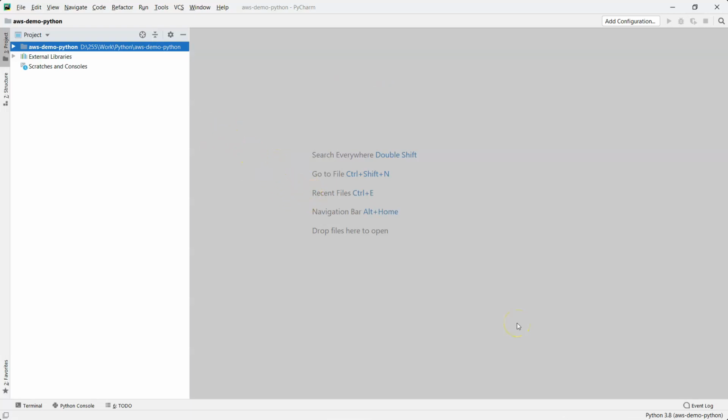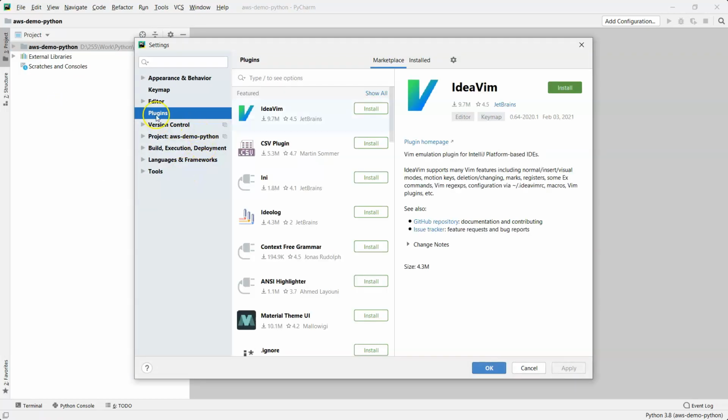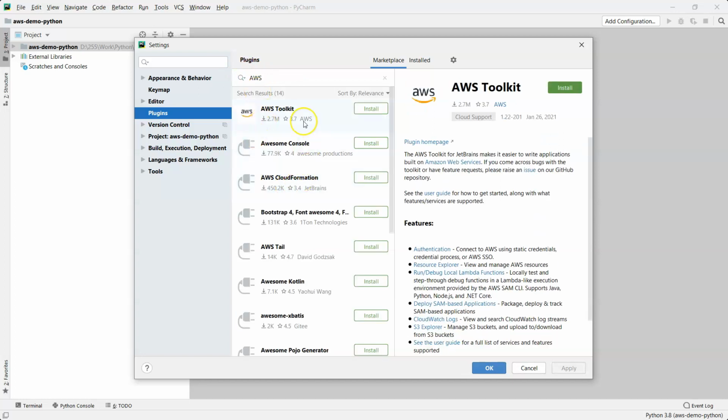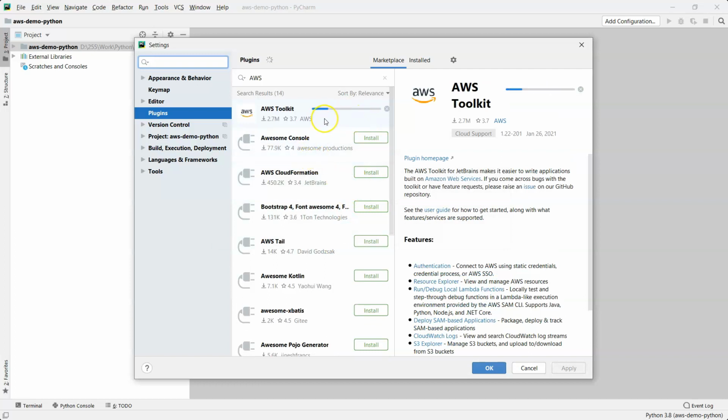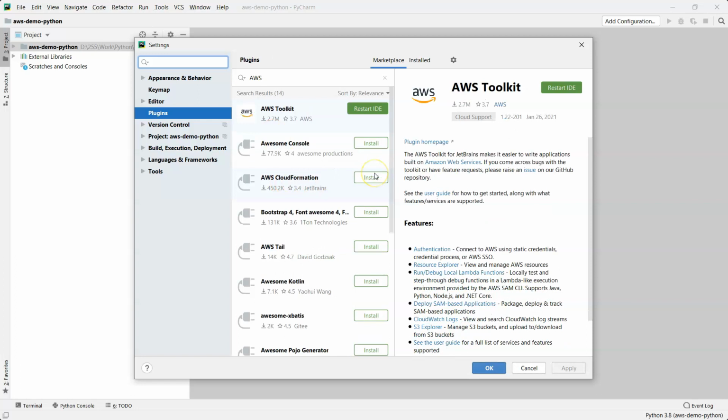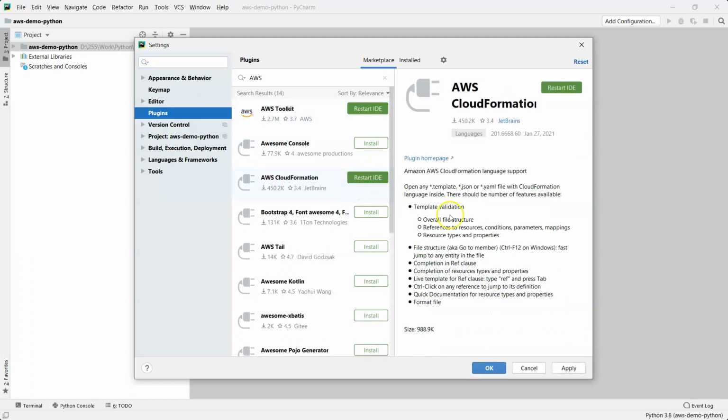Okay, let's see how we can configure the AWS plugin for using PyCharm. We need to open settings, that is, open File, Settings, and go to Plugins. In the plugins, search for AWS and you can see AWS Toolkit. Install that toolkit. You also have other plugins available. Accept it and install it. I also have other tools available for CloudFormation, which will help you to create CloudFormation templates and things like that. For now, we can just go ahead with installing the AWS Toolkit as well.